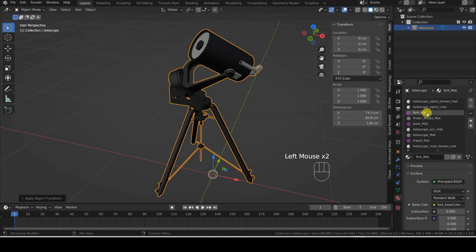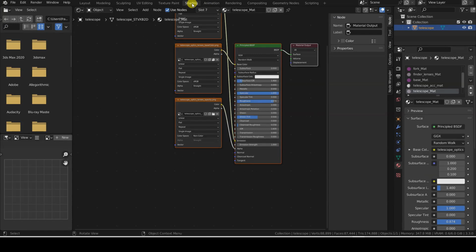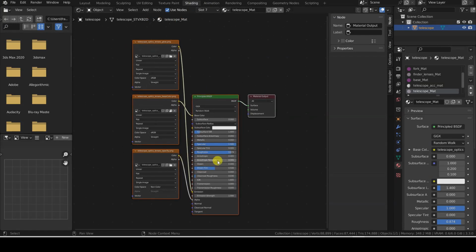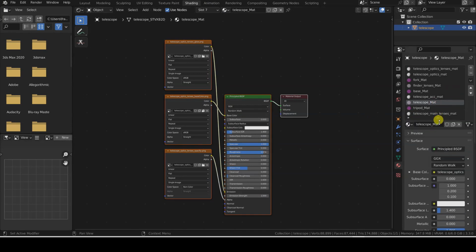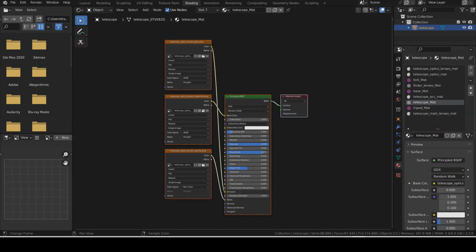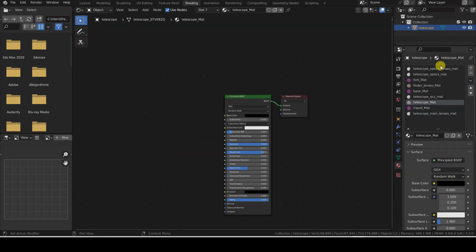Let's see how to set up the textures quickly with the Node Wrangler add-on. We switch to a shading workspace to have a list of the submaterials in the model and to view, at the same time, the node scheme of each submaterial. Initially, for each submaterial, we should only have a principal BSDF node connected to material output. If there are any other nodes, delete them.